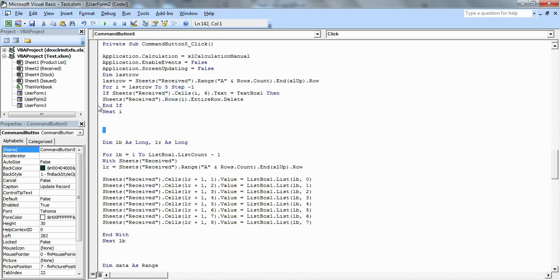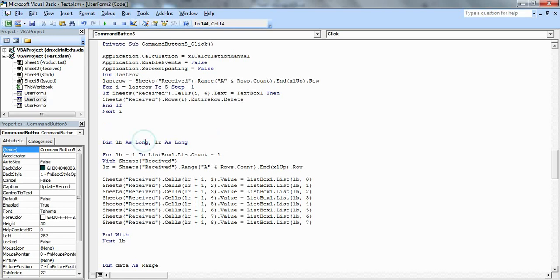So if this condition is met, then the entire row should be deleted. EntireRow dot Delete. It means the entire row should be deleted. And why are we doing this? Because first of all, whatever data is in the Excel sheet, it will delete as per the reference of the LPO, because it does not delete the data entry wise, it will update the data. This particular code will delete the data LPO wise. How many entries in one LPO, in the same LPO, all will be deleted.